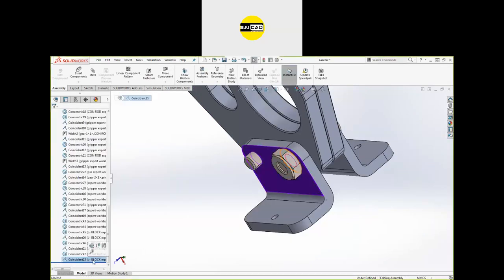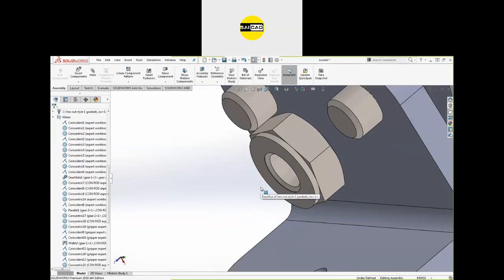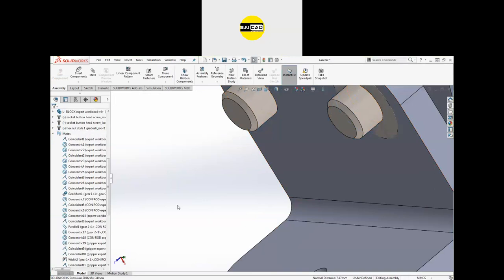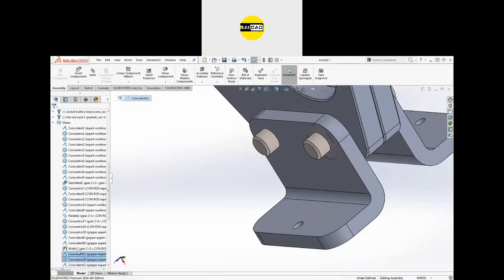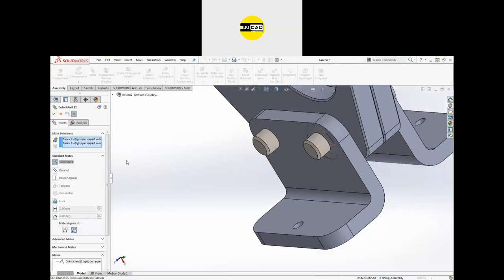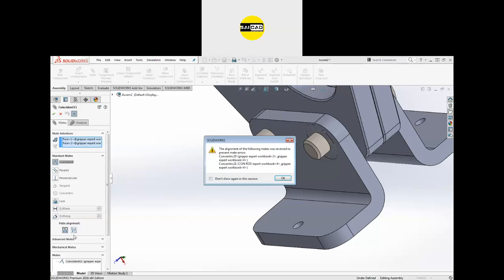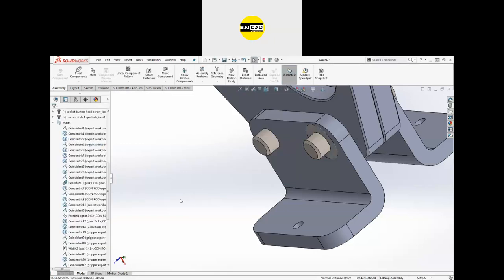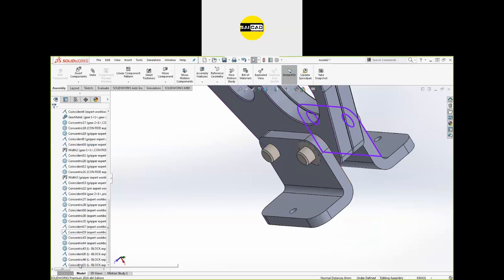So just remove the relation. I need that face to be coincident on this one. So define the coincident, and if you go to the coincident, edit that and select that make alignment. Actually, it's working very slow, so I'm not able to do it properly.